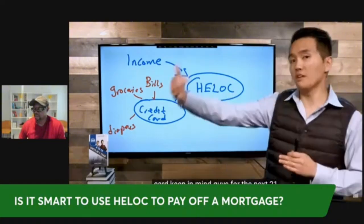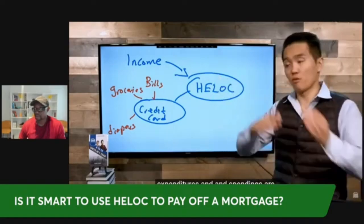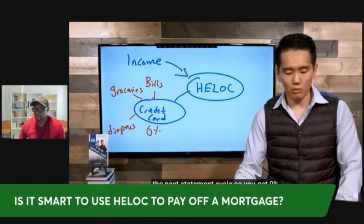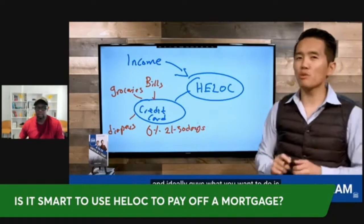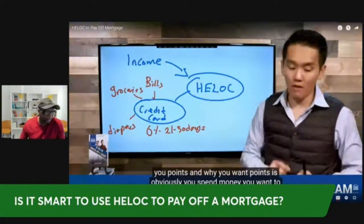Keep in mind, guys, for the next 21 to 30 days, all the expenditures and spending are interest-free until, of course, the next statement cycle. So you get 0% interest for 21 to 30 days. And ideally, guys, what you want to do is work with a credit card that gives you points. And why you want points is obviously...